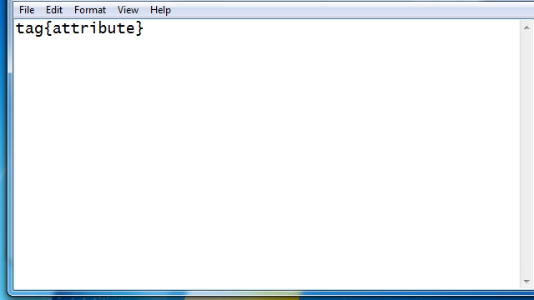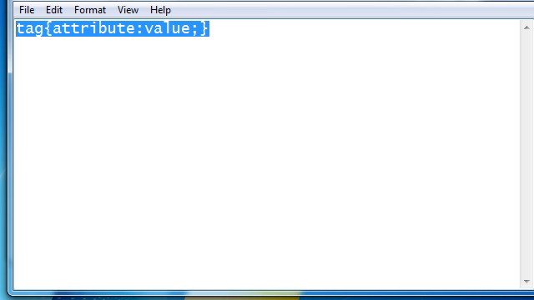I think I just misspelled all that, oh well. Then a colon, and then the value of that, and then a semicolon to split it from the other attributes and values. So now that we know the basic syntax of it, we're going to make our body tag, and we're going to change it to gray. So we do our tag name, which is body, then curly braces,